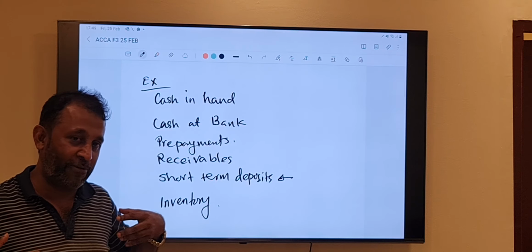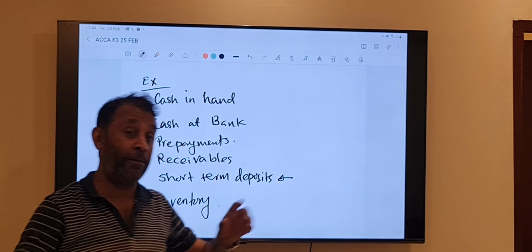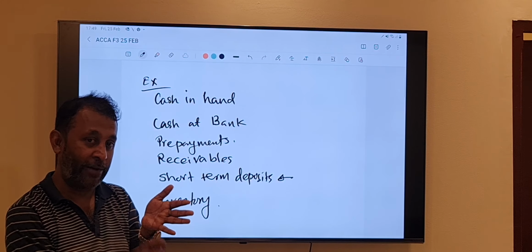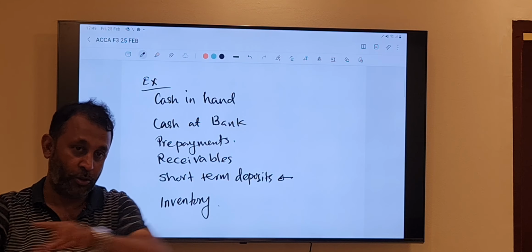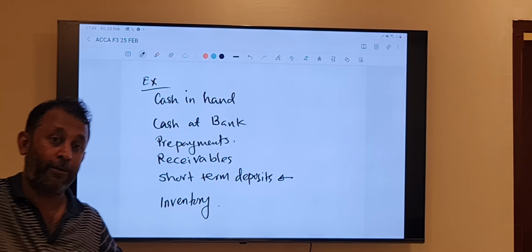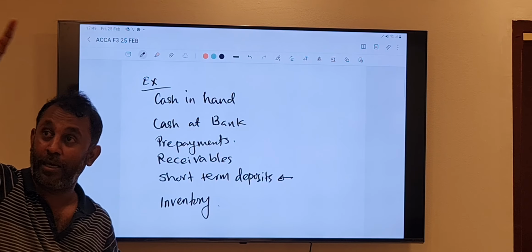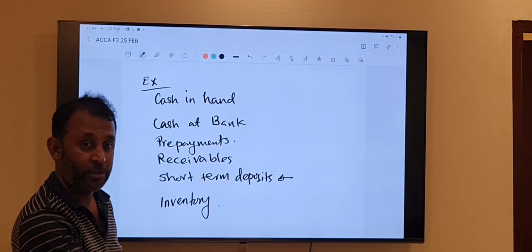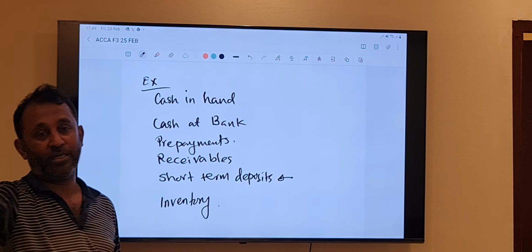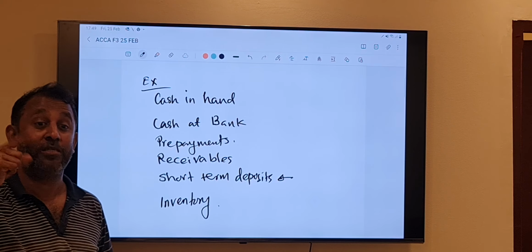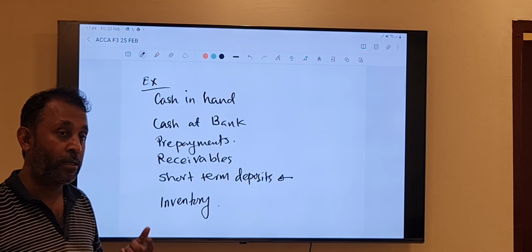So as a businessman, I am depositing this money in that account. I am giving an instruction to the bank: whenever I have surplus cash, transfer to that account. So it will not be in my current account but in my deposit account. But whenever I need money, you automatically transfer from that account to this account without any condition, without any obligation, without any surcharge. This type of deposit is known as short term. Can you give an example for this one?